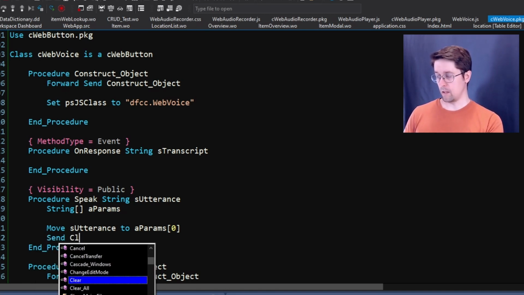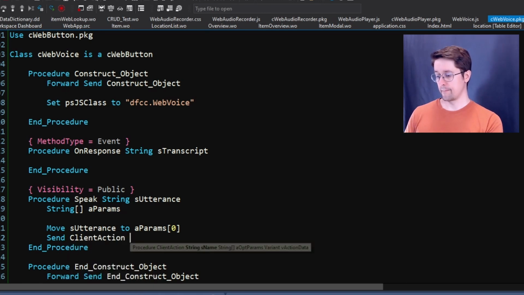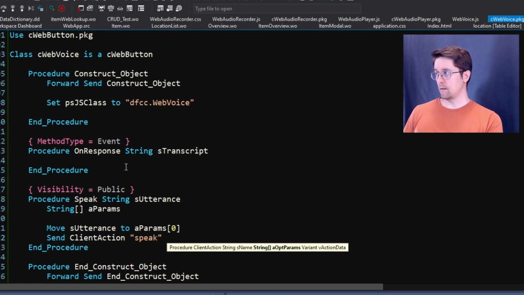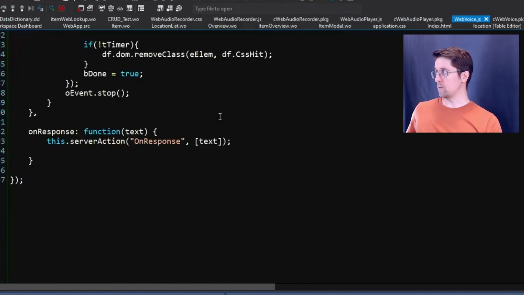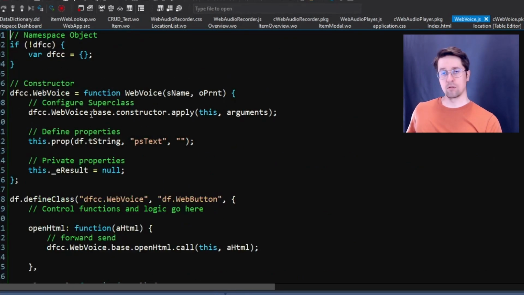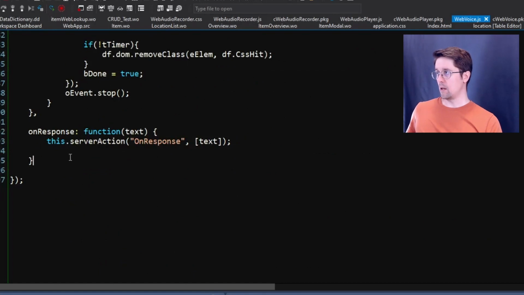And then I'm going to call the JavaScript. You do that by a client action. And in the JavaScript, I'm going to create a function called speak. And then I'm going to send the params. And that's all I have to do in our component here. So now let's go into the JavaScript part of the component. And here we want to add the